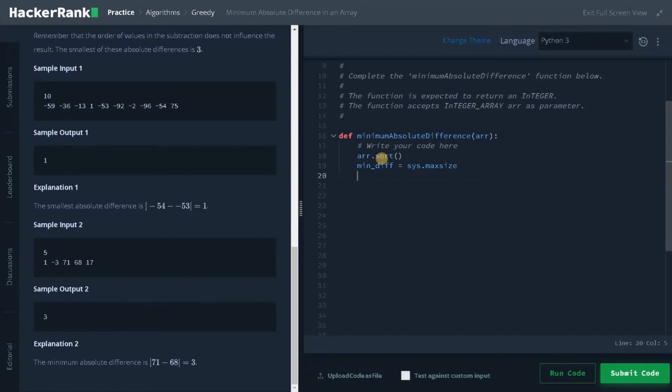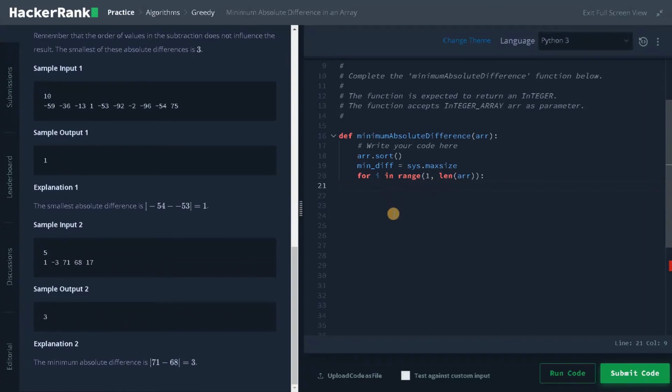After the array is sorted, we are going to iterate. For i in range of 1 comma len of array, I'm just traversing from the first index to the end of the array.